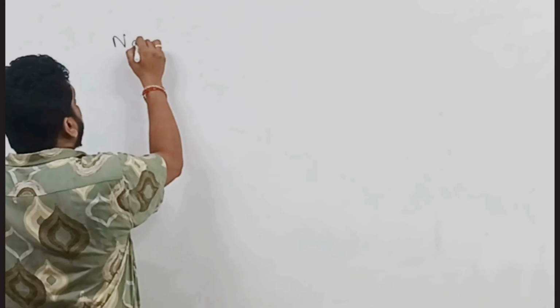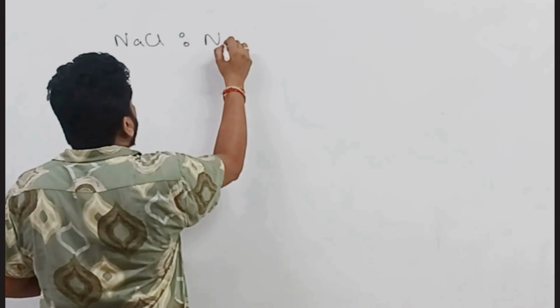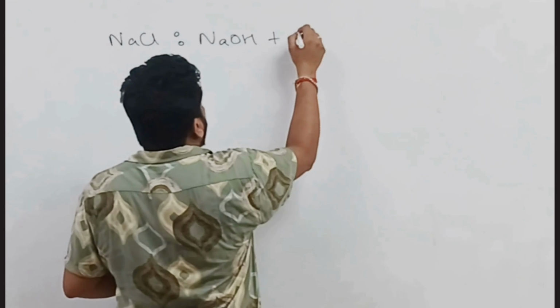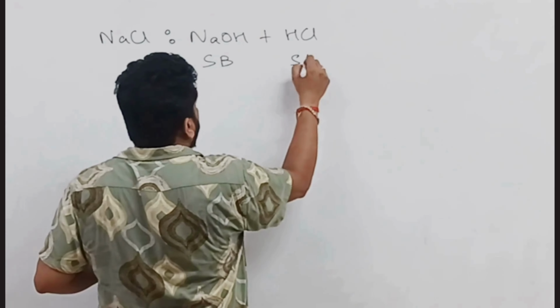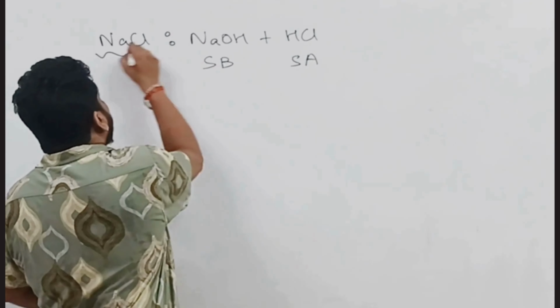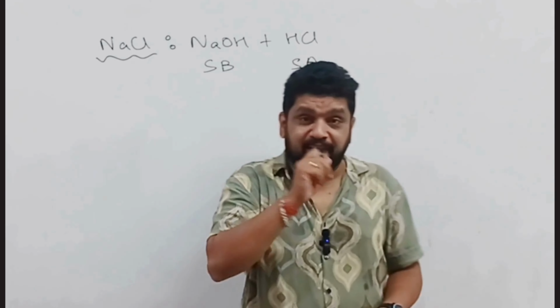But do you also know that salts can be acidic or basic based on the source of that salt? I mean, what acid and what base was used to make that salt. So if you have a salt like NaCl, which is made out of what? A strong base NaOH plus a strong acid HCl, then the salt NaCl is neither acidic nor